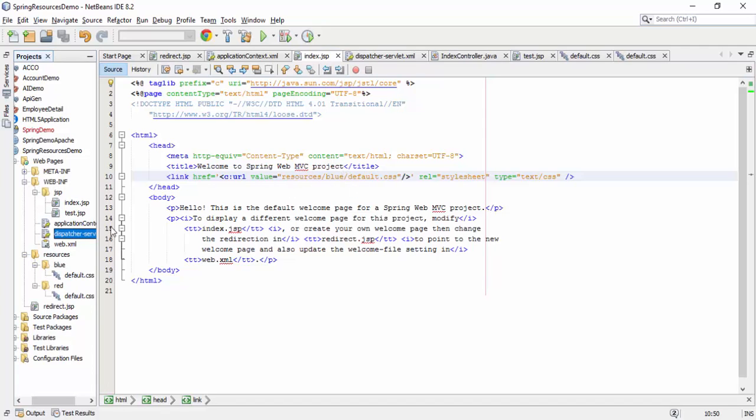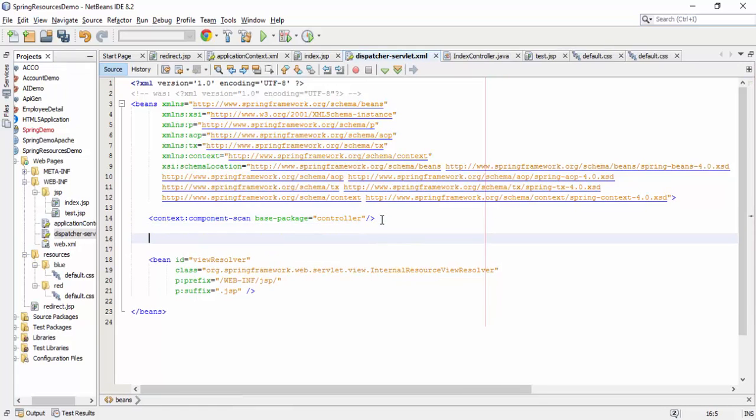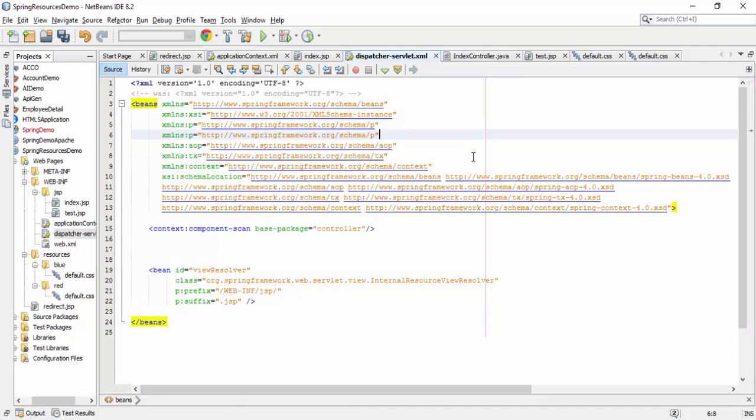So what we are going to do, we are going to use the dispatcher servlet. Here I just put one more, that is MVC, and here also MVC. At the end, add the libraries